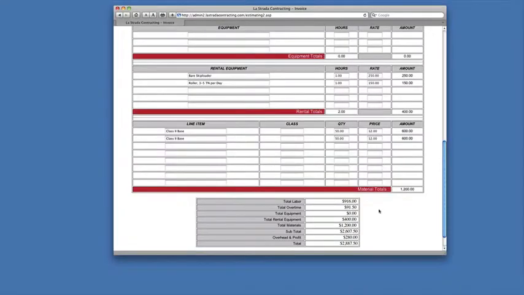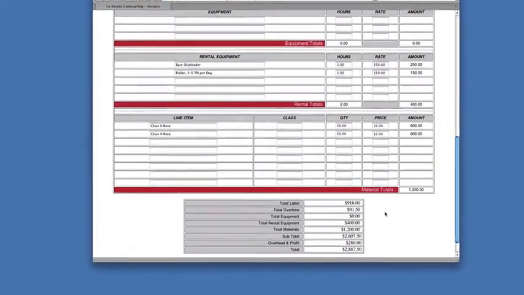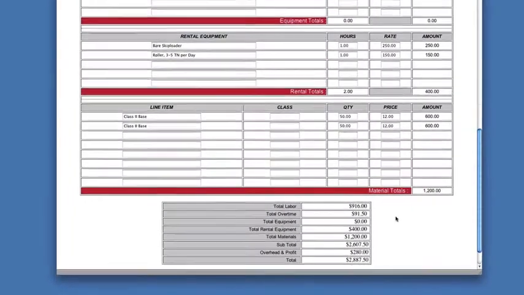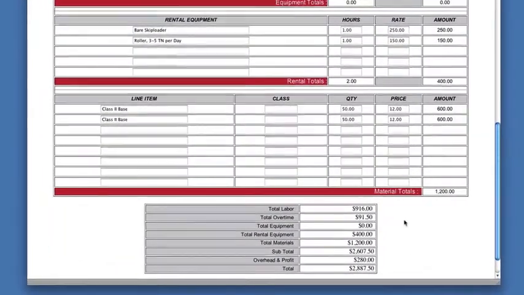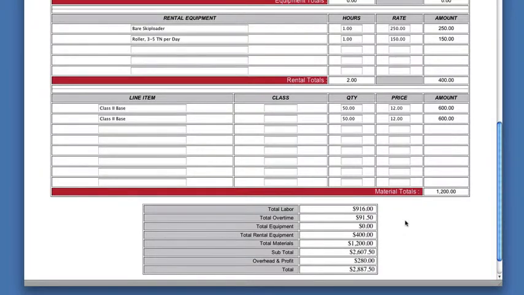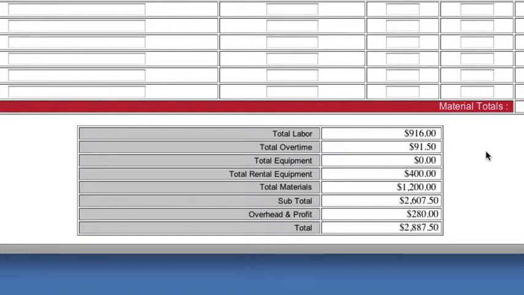So that's really all there is to the system. You can see, looking at this here, this is an estimate for a street paving job, and looking at this now, you can see how accurate this is. So down here, a simple job like this, you get a call and it's like, okay, well, go out and do it or whatever. Well, when you break it down, you've got $2,800, $2,900 here. So it's just a matter of just getting this down and getting it over to your client,